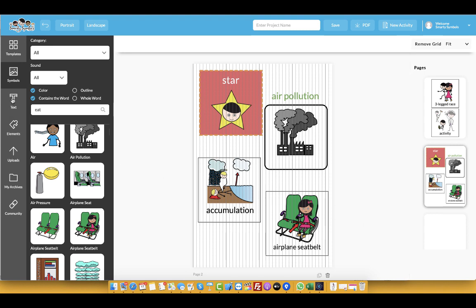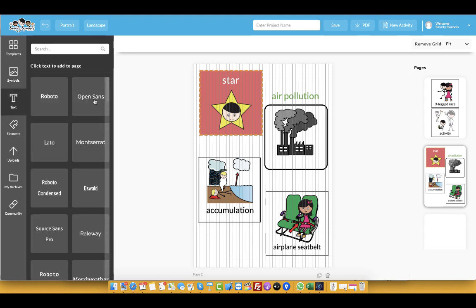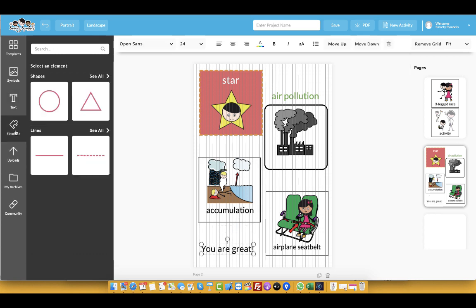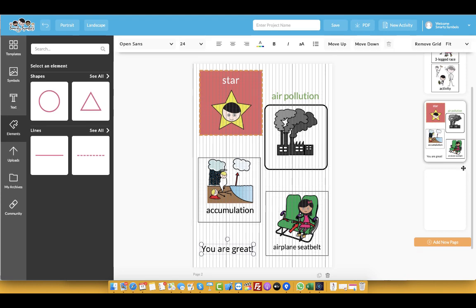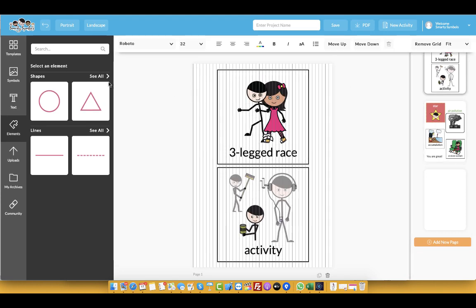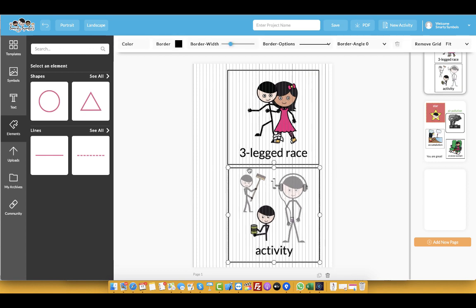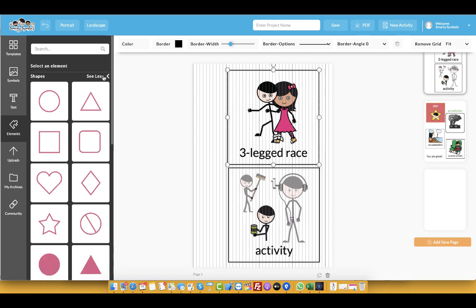I want to show you some of the other tabs. Let's take a look in text. You can just tap on it to add a new text here, and you can change the text. Then we can go to elements. Elements work a little differently. The whole purpose of elements is to add a small design. It's not meant to be in a specific square that you're going to create these cells with. But if you click here on See All,